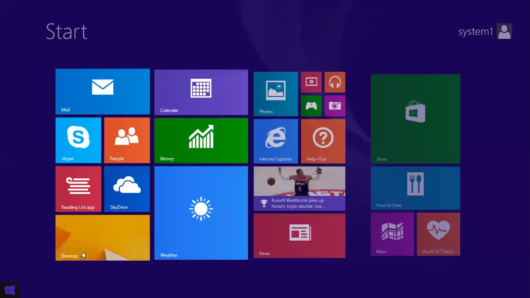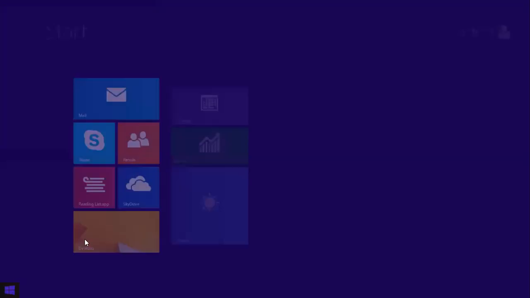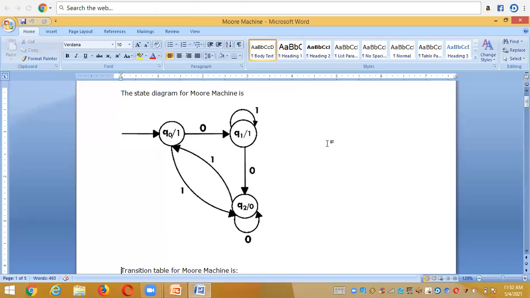So like that, you need to check it out. And by seeing this diagram, you can easily understand whether it is a Moore machine or a Mealy machine. Right? How can I say that it is a Moore machine? When the output alphabet is with a state. That means when the output alphabet is represented with a state, that is a Moore machine. Right? That means in the circle at the place of states, if you represent the output alphabet just by separating with a slash like this, then you can say that it is a Moore machine.